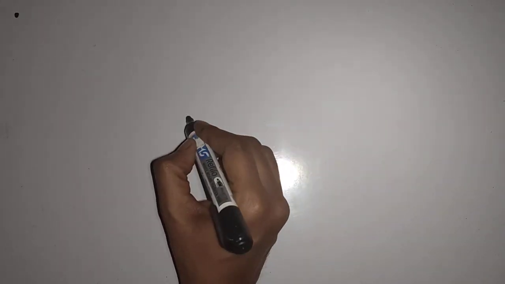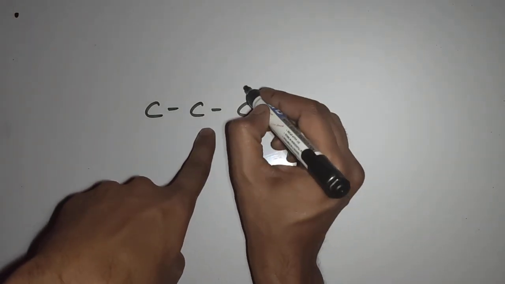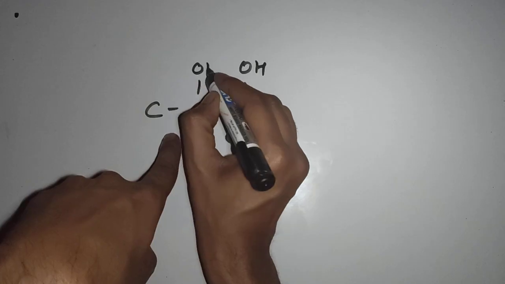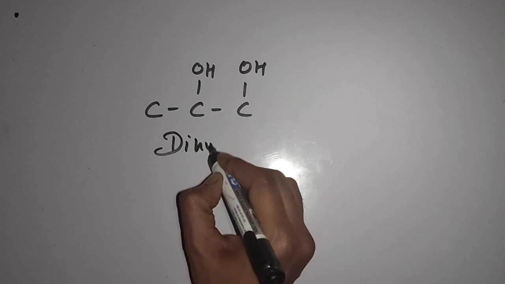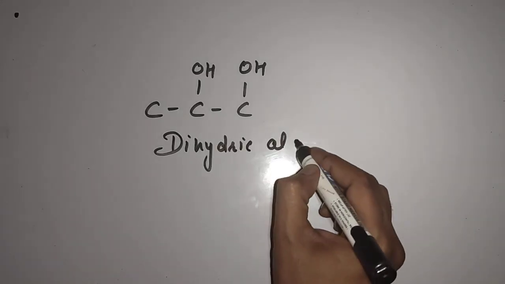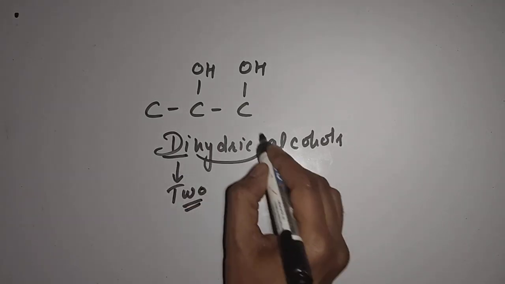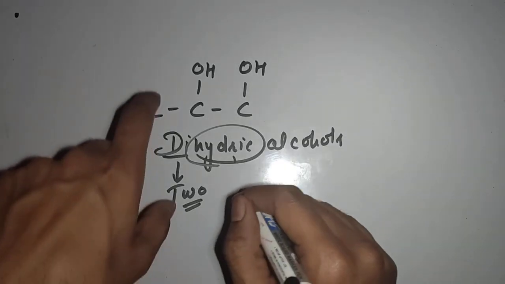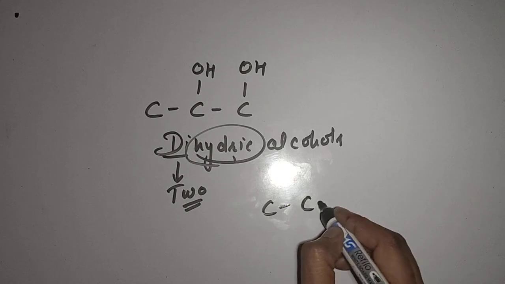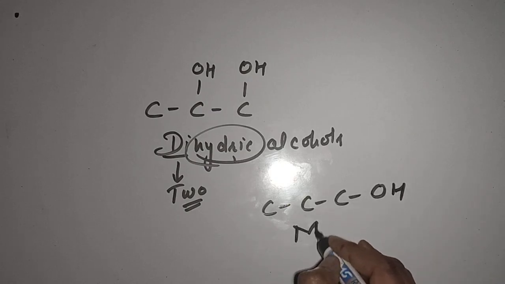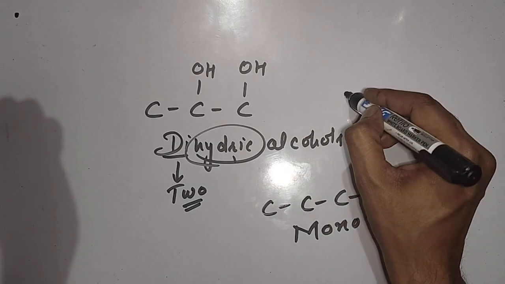If we have more than one OH group, like this, suppose this is the alkyl part, and 2 OH groups are there, we call such alcohols dihydric alcohols. Di means 2. Hydric means OH group. These 2 hydroxyl groups are there, so we call them dihydric alcohols. If only one is there, we call it monohydric alcohol. Similarly, if 3 are there,